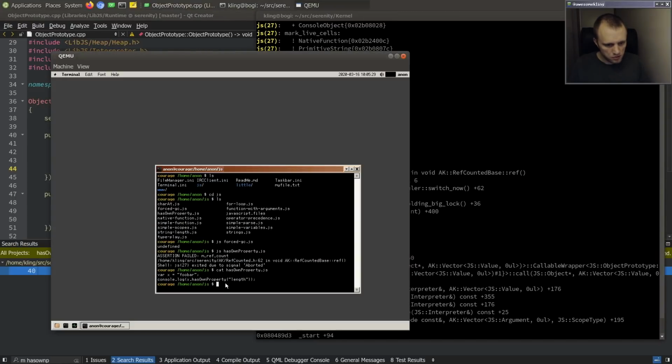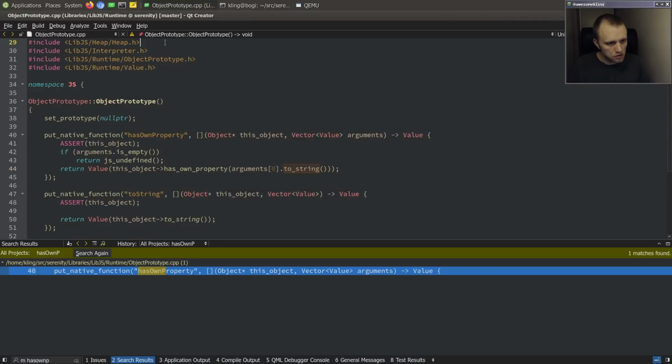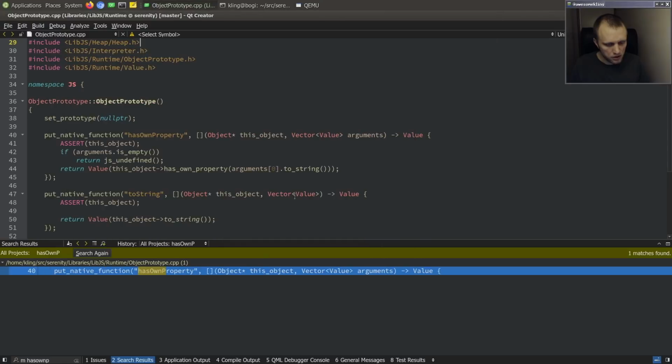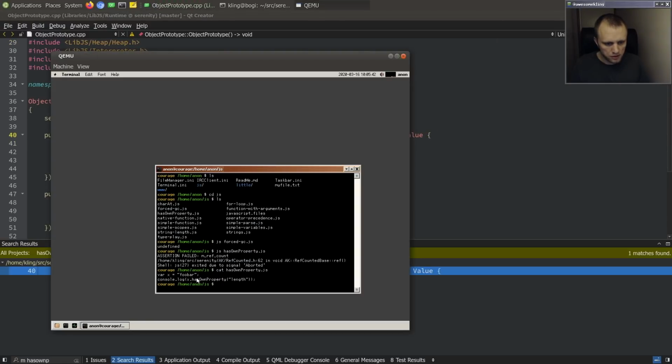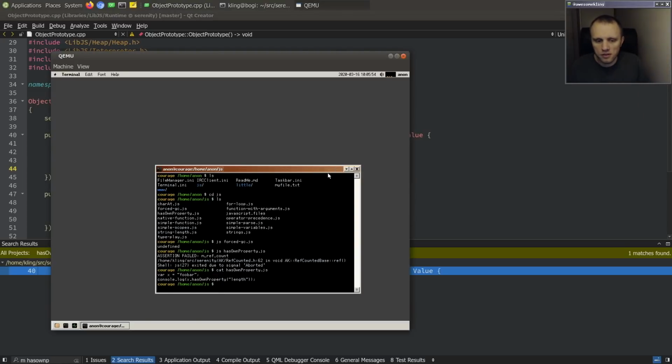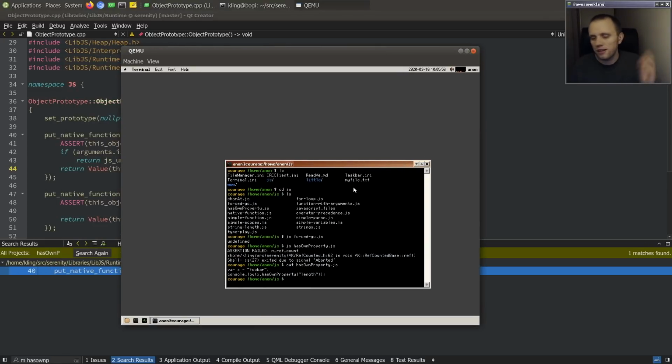We are trying to use it somehow, and I guess it's the length string here that's inside of this vector of arguments to hasOwn property. It was destroyed at some point. I'm not sure exactly when it was destroyed. I guess in the previous call to allocate, right? Anyways,